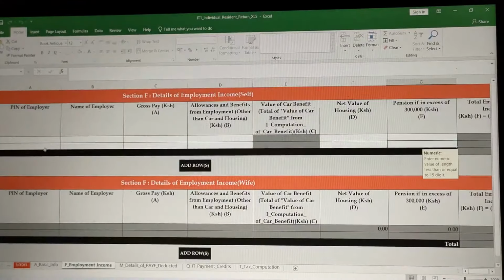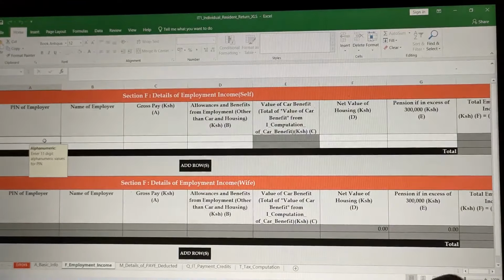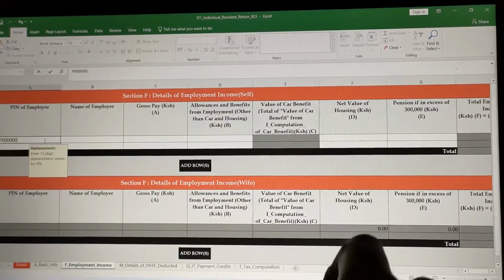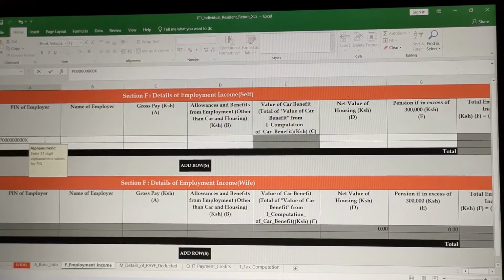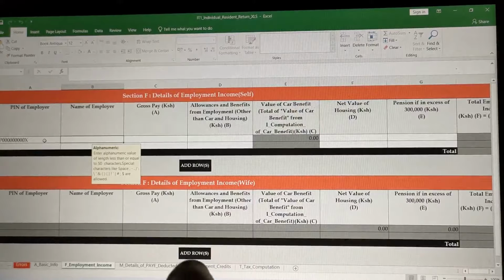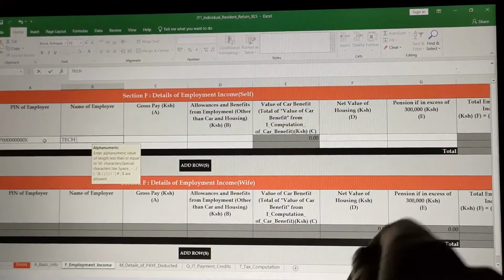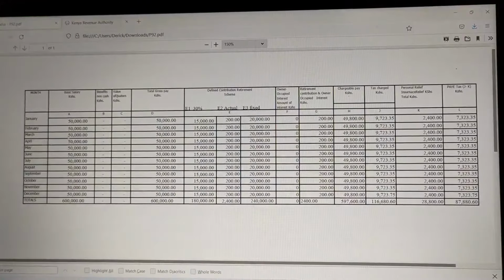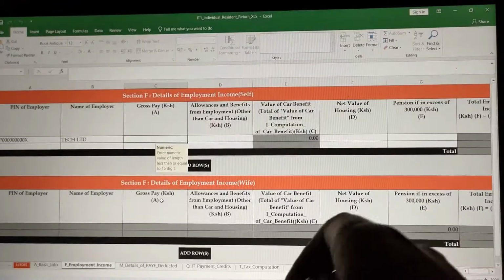So on to the first one. On the PIN of the employer, I'll also use just a non-existent PIN, just for training purposes. On the name of the employer, let me just say this is Tech Limited. On the gross pay, you come here. You can see that we have the basic, benefits, non-cash, the value of quotas, the total gross pay. So you're using this total on the gross pay here, which is 600,000. So you key in there